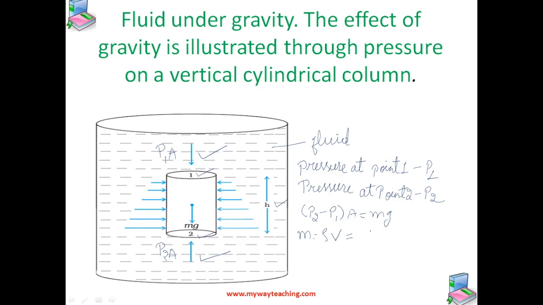We can write V as h times A, so P2 minus P1 times A equals rho h A times g. The A cancels and we get P2 minus P1 is equal to rho g h. Yes, the pressure difference depends on the vertical distance h between points 1 and 2,